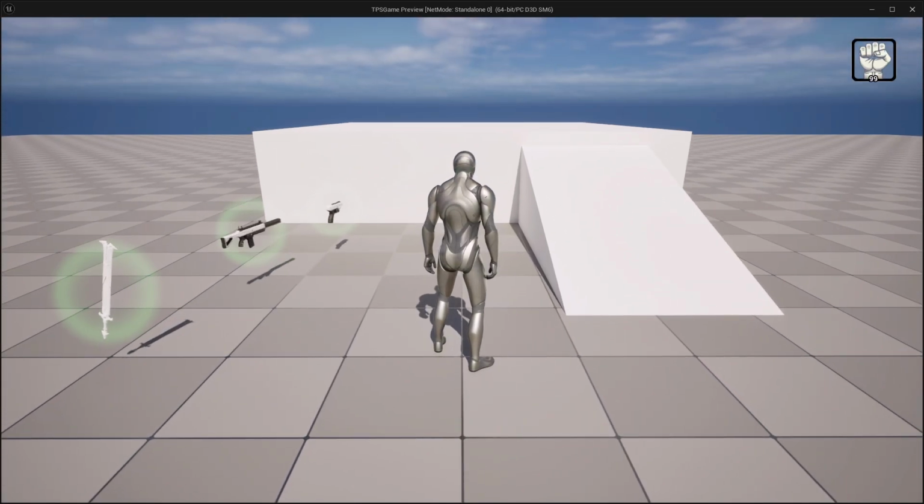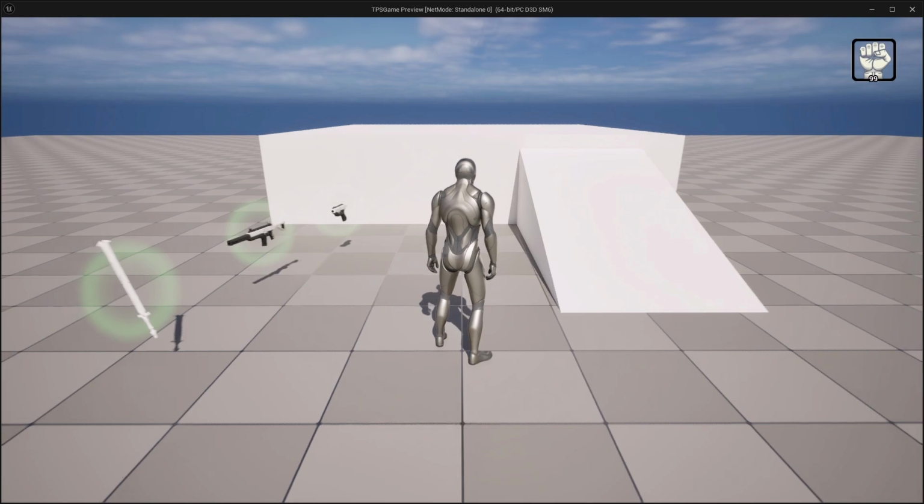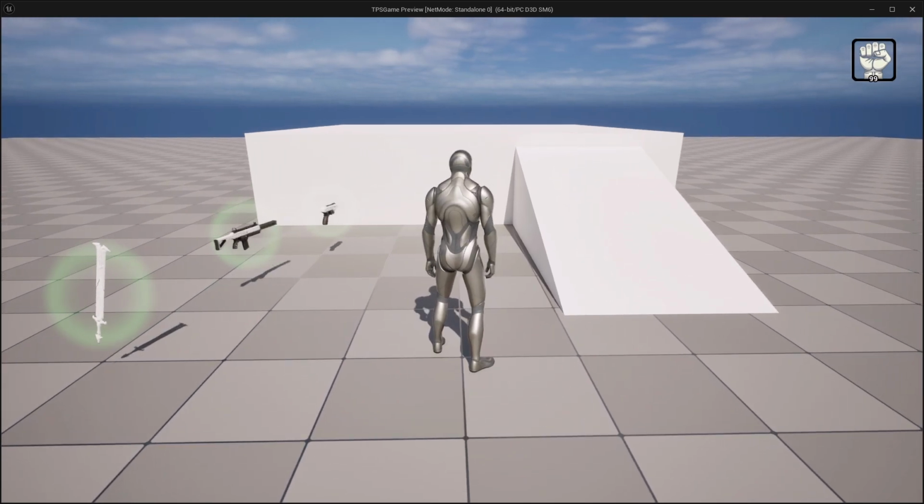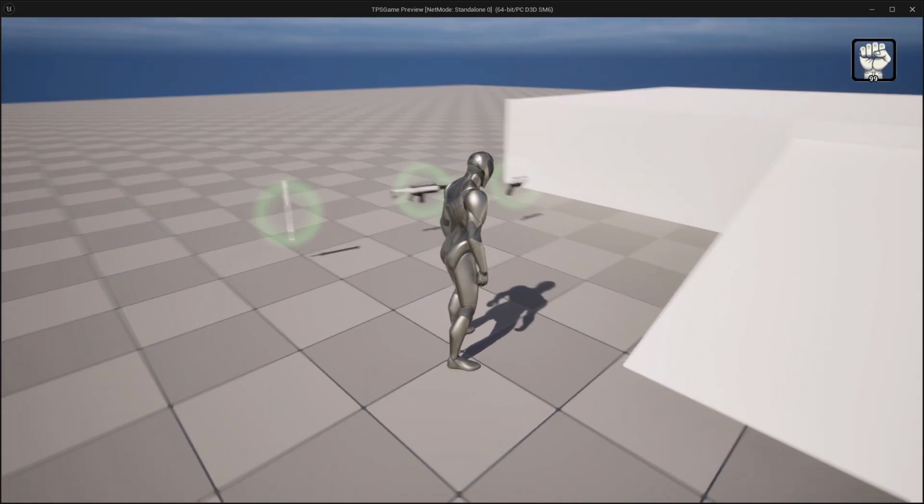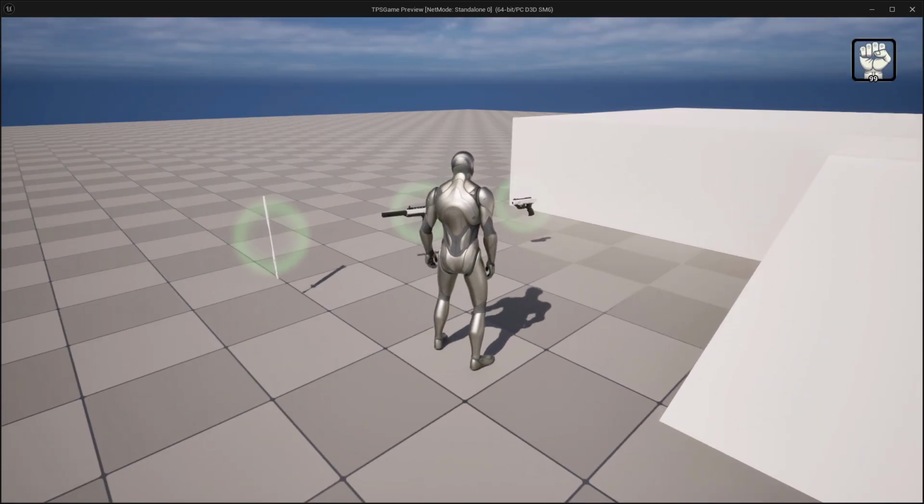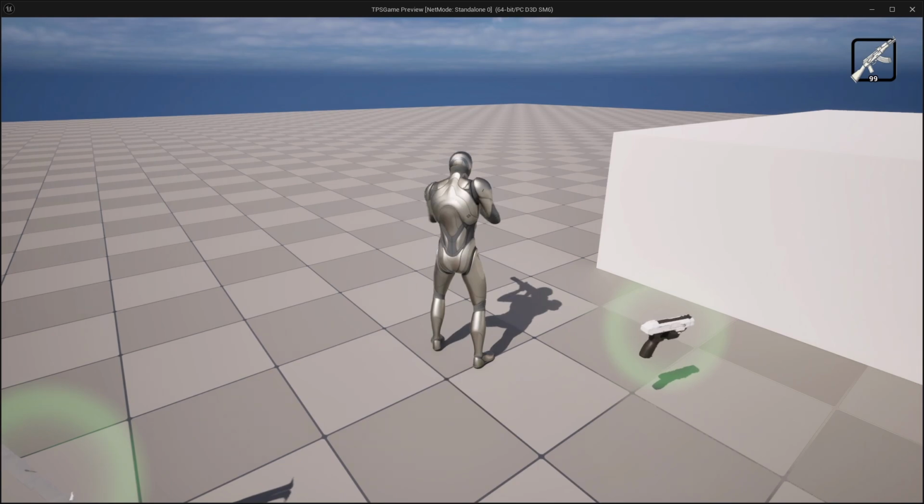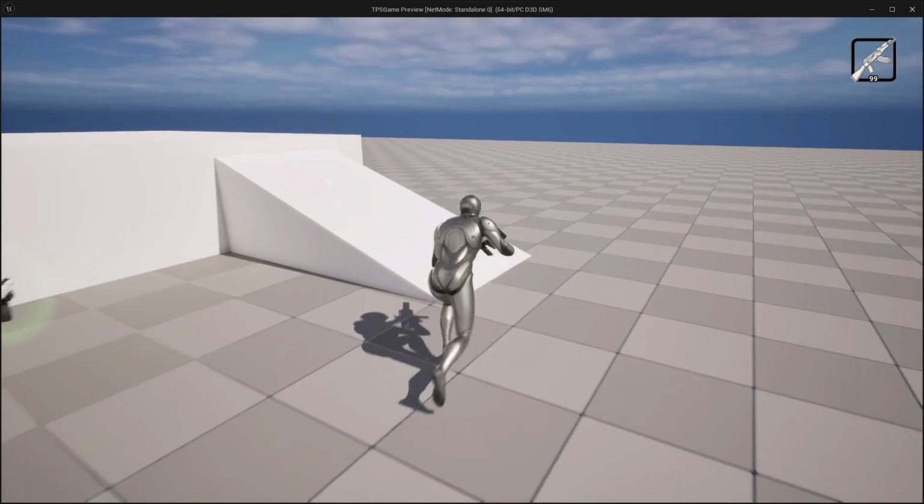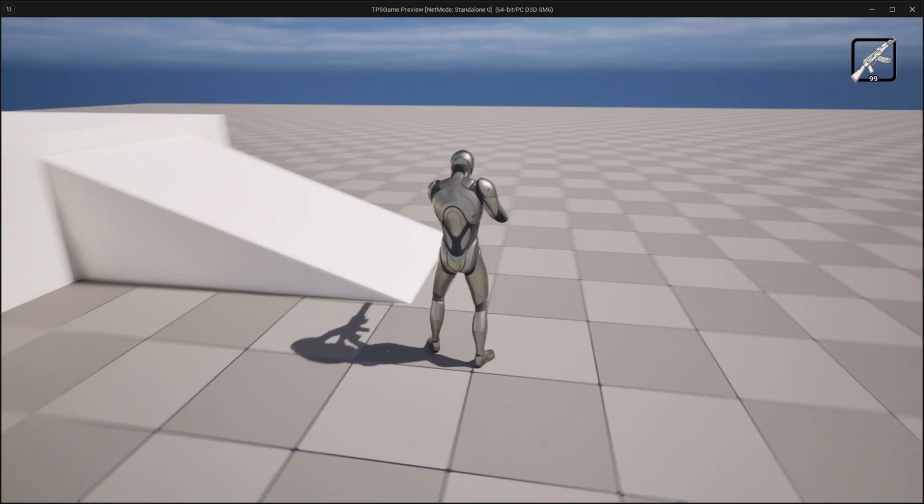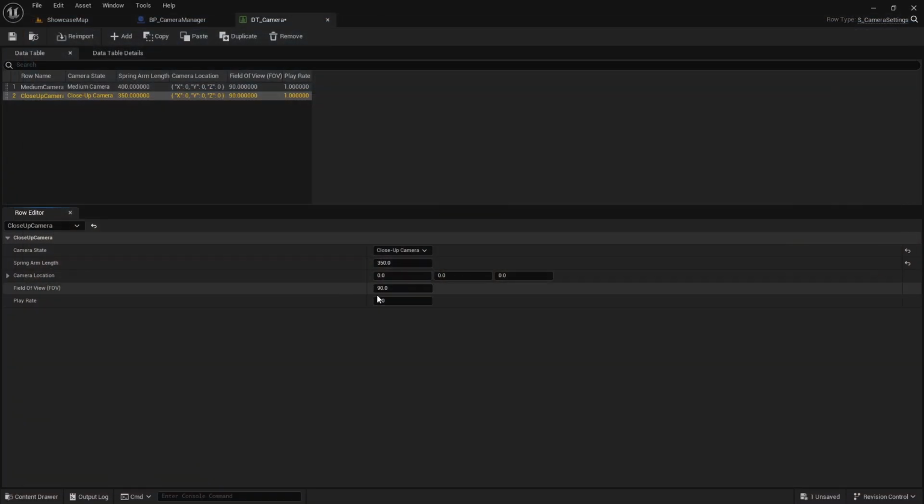Let's test this thing. Okay, now it seems okay, right? So what I wanted to do is basically whenever I equip a weapon, it should automatically go to that close-up camera state, right? Instead of manually toggling to that state, it should go to that state automatically, right? So let's see how we can do that,